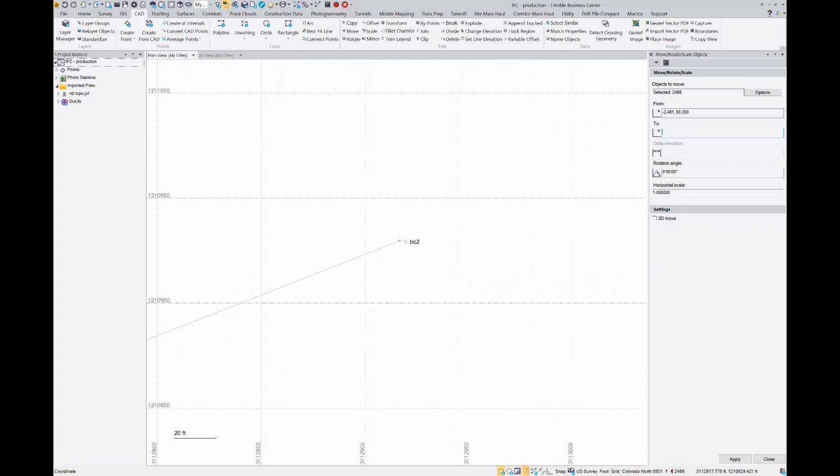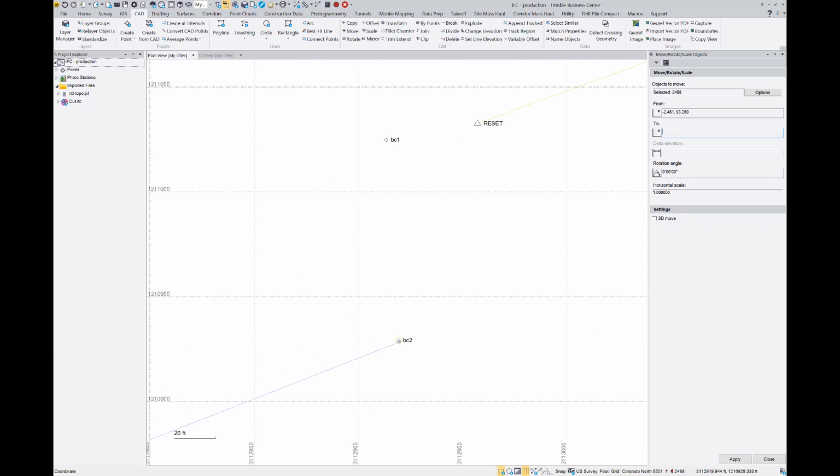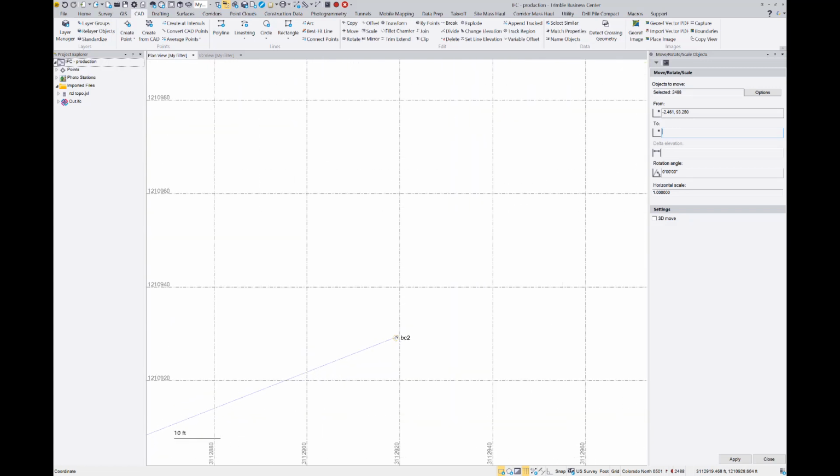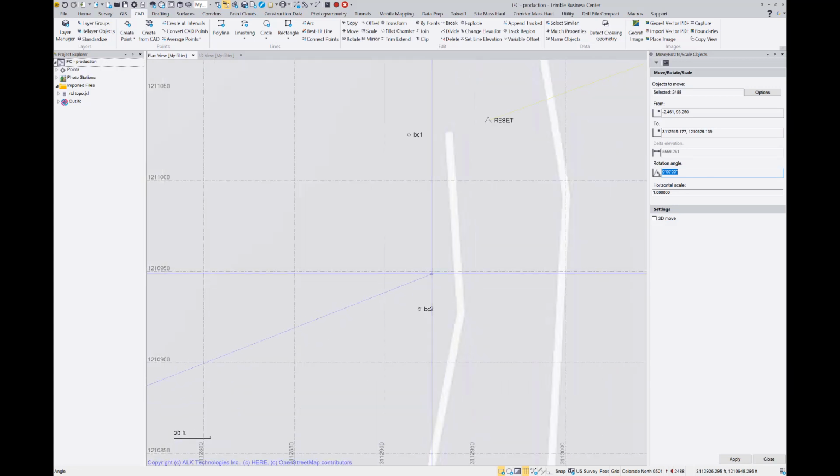Down up to our BC2 point to get this thing on coordinates. Using the object snap again, you can see that little orange circle around BC2. I will snap there, and it's specifying rotation. One of the nice